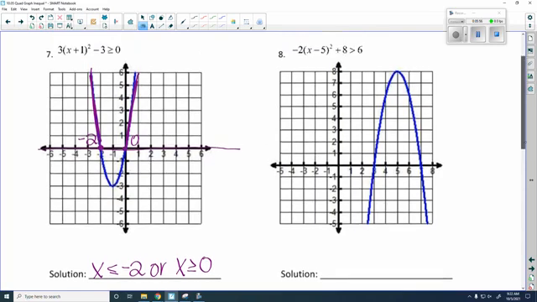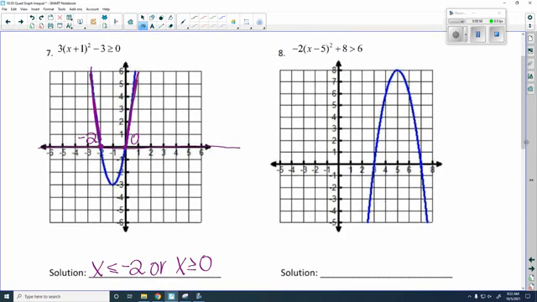For 8, where am I drawing my line? 6. Draw your dots. So that hits at x equals 4 and x equals 6. Okay, make sure you're using the x values. Am I shading above or below? Above. Good. So shading above, is that an and or an or? And, because it's one section of the graph. Good. So for and, it's always your number, x, your other number. Check to make sure you don't need an or equal to, and you're good. Feel good? Now, Imani,